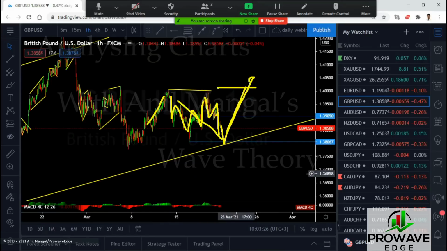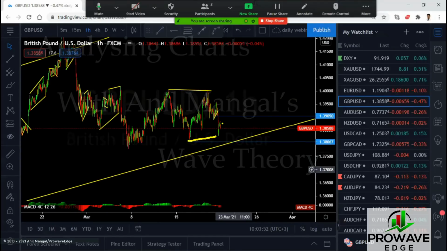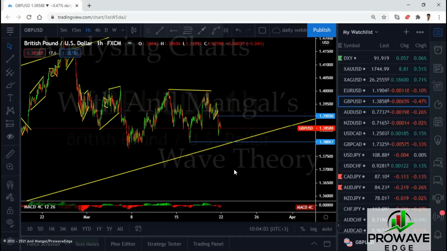So from this point, we will see, are we going down or is it going to continue to go up? But once you get this straight to the bottom here, to this level, see, I have the line there waiting for that, right? That's where we're trading it to. Now, can it be a contracting flat and go back from here? Well, if I see a flag here, we'll buy. But I think it's going to drop a little more before they go. So we'll see. We'll keep an eye and see what it's doing.